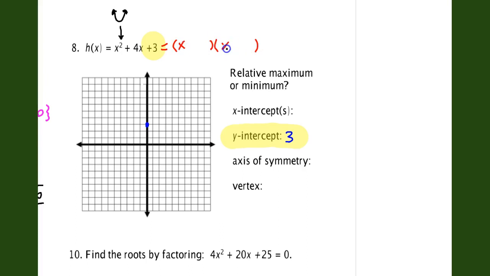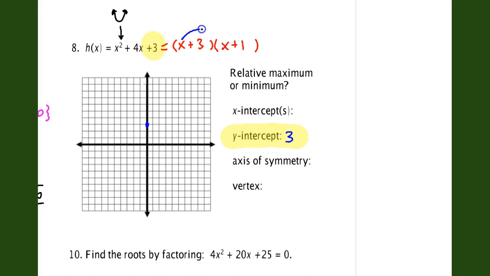All right, so we have to find what two values will multiply to 3 but add to 4. And pretty quick we can come up with 3 and 1. These add up to 4 and multiply to 3. And if you want to check to see why that is the right answer, you can